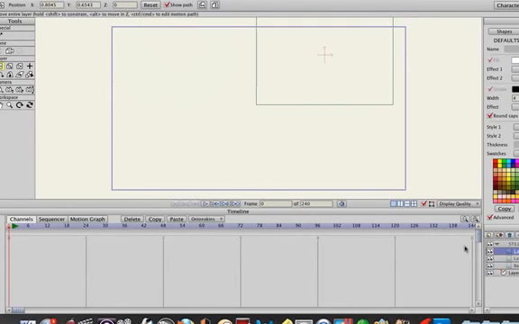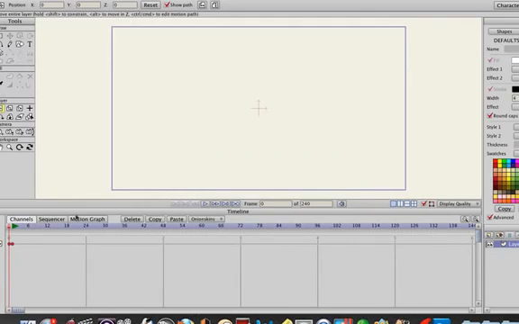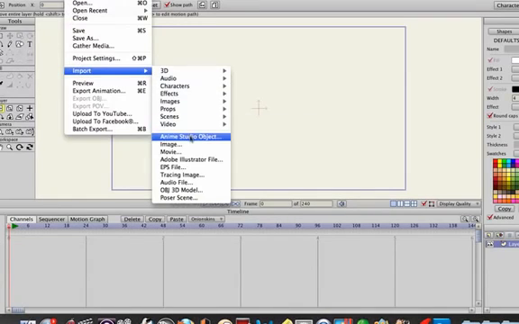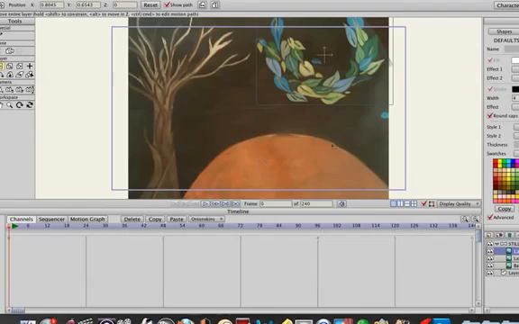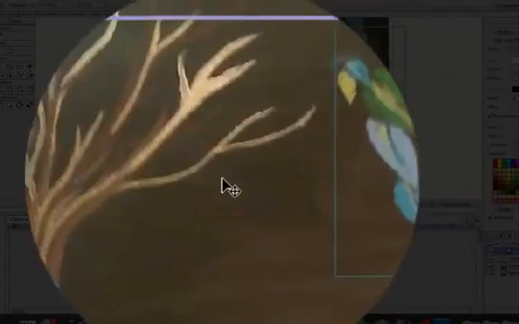Actually let me do that again, so I kind of rushed through that. Delete that. We're just going to delete everything. So File, Import, Image. Find our Photoshop project there, and say Open individually. Now what we're going to do, you can probably hear my nephew in the background. We're going to select our little leaf layer, and take these out of the bone layer. They all get imported into a bone layer. We don't want them all in the same one though. And we're going to bind that